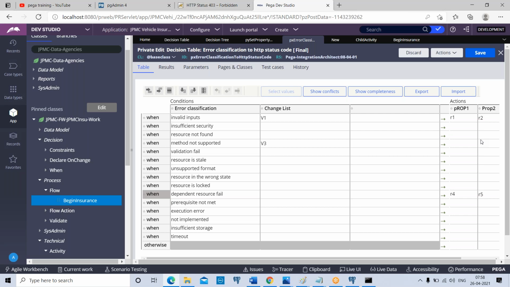And the last difference is we cannot return multiple results by using a tree, but we can return multiple results by using a table. In other words, we can set multiple properties with values by using a table, by choosing the option of evaluate all rows, but with a tree we cannot do this. These are the similarities and differences between decision table and tree. We call a decision table or tree from a flow by using the decision shape. We can call a decision table or tree from an activity by using the methods property map decision table and property map decision tree, and we can call the rules from each other.